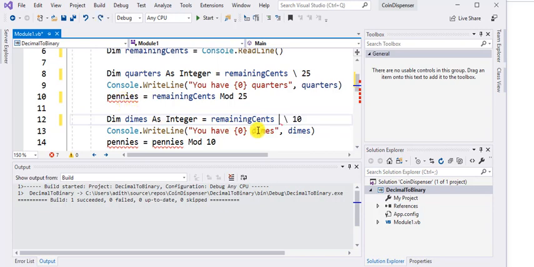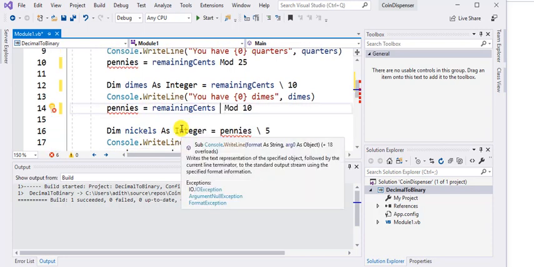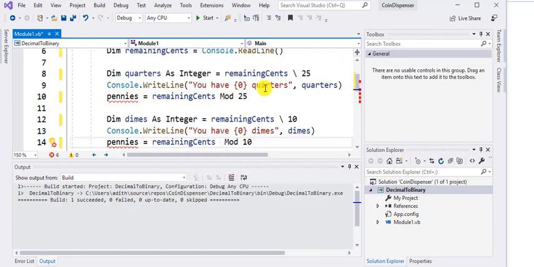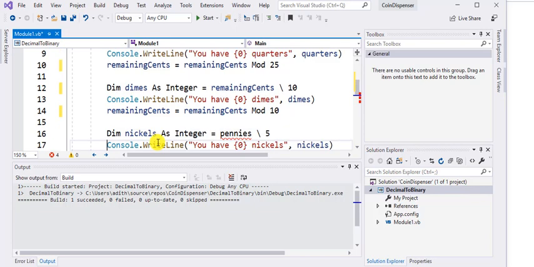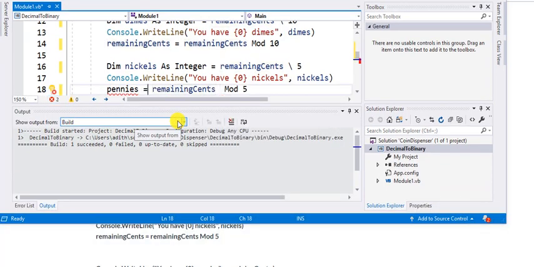Okay. We'll change all the pennies. So here